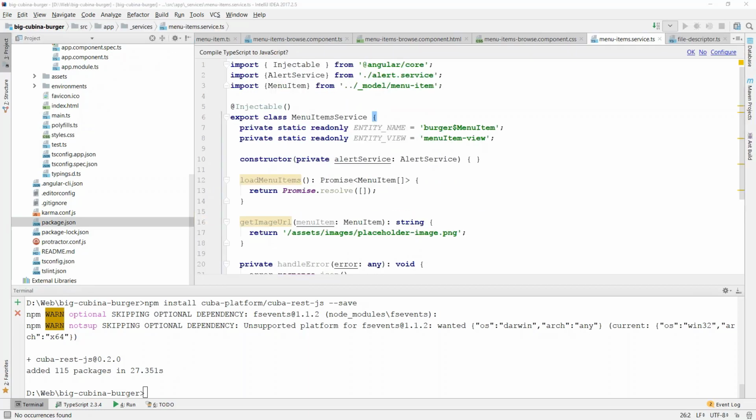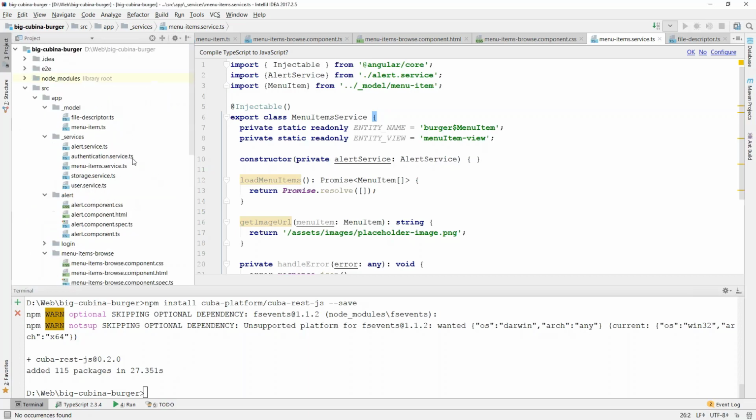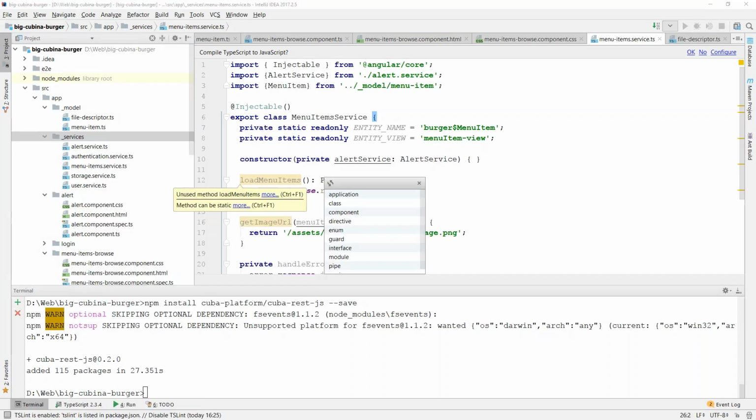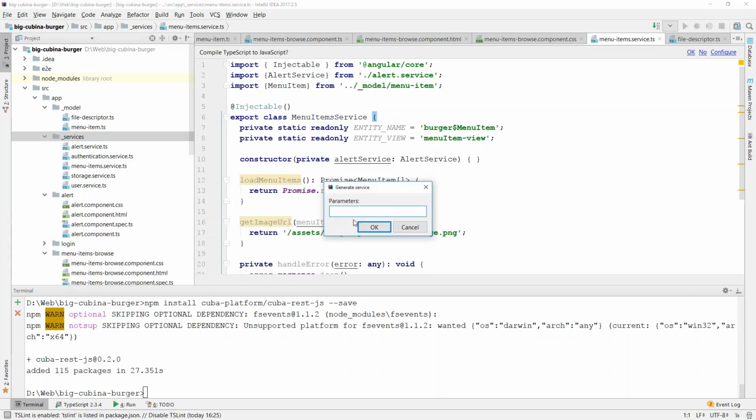Before we proceed with menu items loading, I'm going to add a Cuba integration service to facilitate using of CubaREST.js within services directory. Let's create a new service with name Cuba integration.